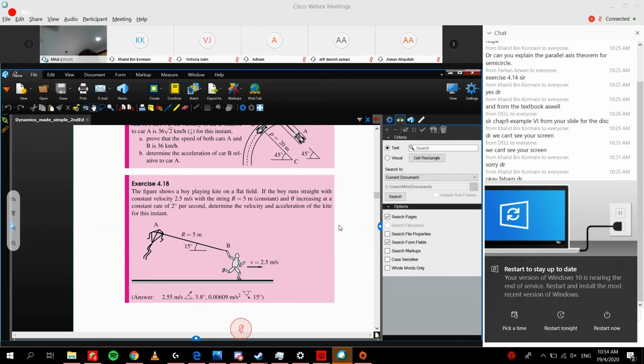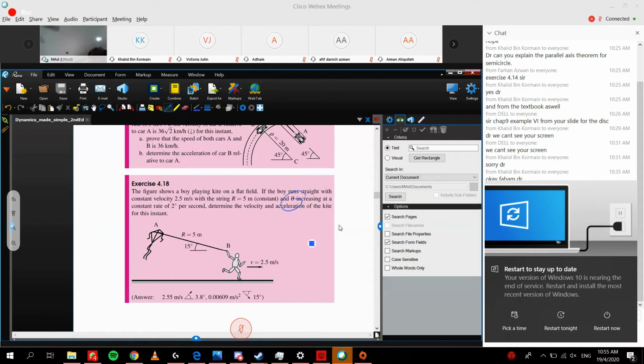You are given, the figure shows a boy playing kite on a flat field. If the boy runs straight with constant velocity 2.5 meter per second, that's the velocity of the boy, with the string r equals 5 meters constant and theta increasing at the rate of 2 degree per second, determine the velocity of the kite for the instant. What you should get is that you are given the theta